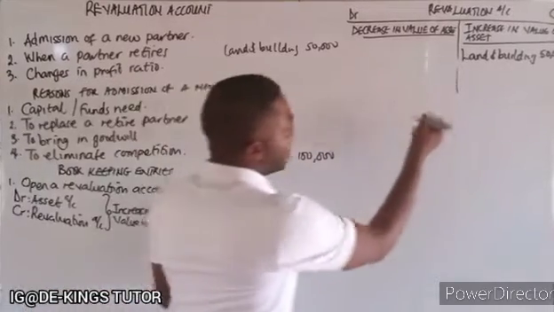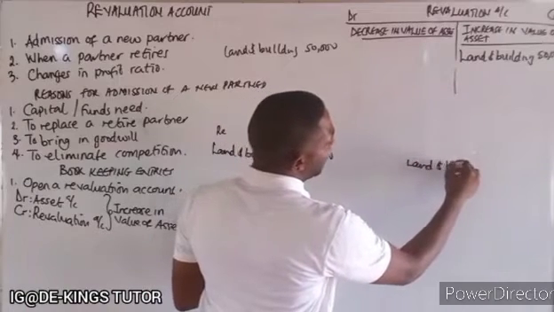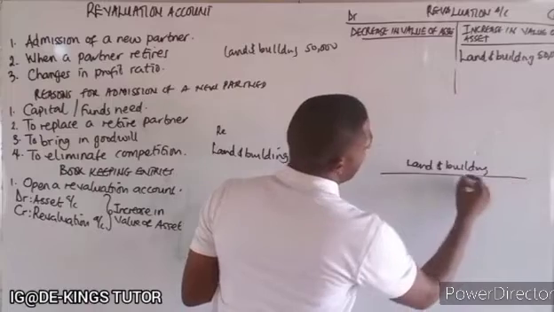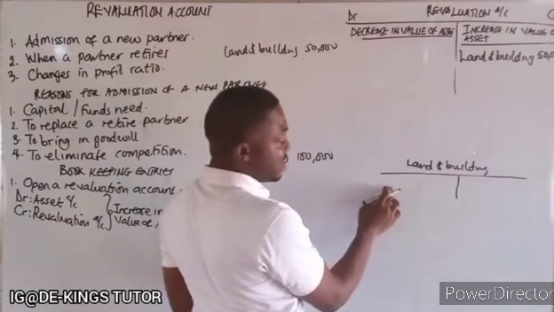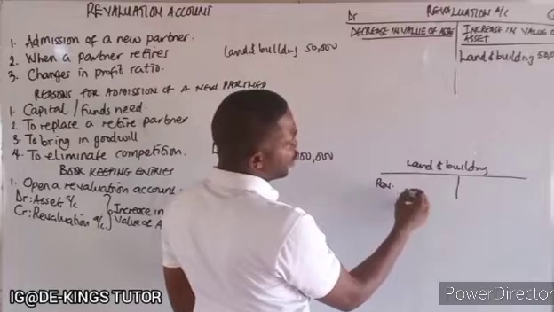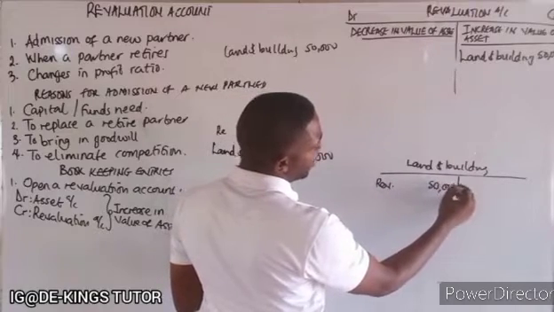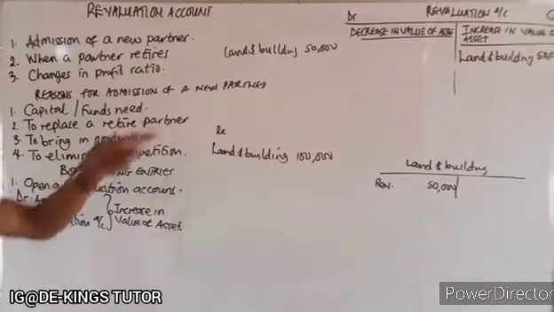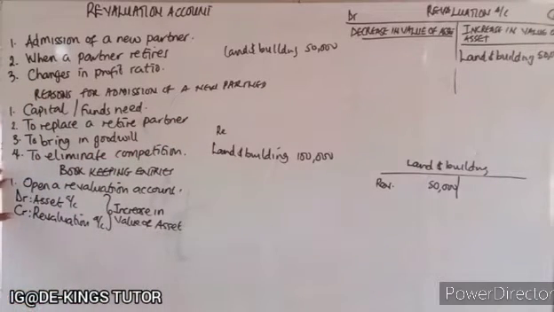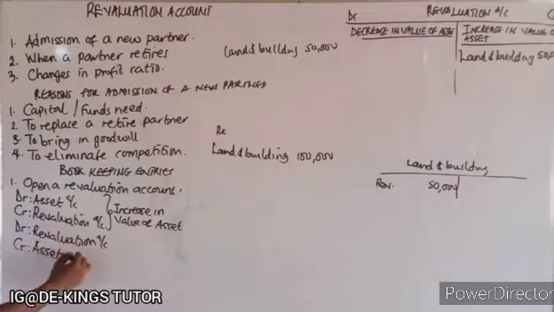So if we have a land and building account now, if I have land and building, see there's 50,000 here, we will now post it here as revaluation 50,000. Okay, so that will reflect it. Okay, so the next one we have, now this is when there's increase. The next one, you will debit revaluation account, you credit the asset account if there is decrease